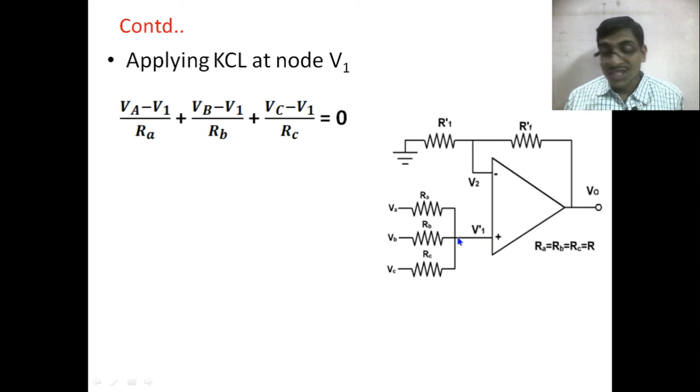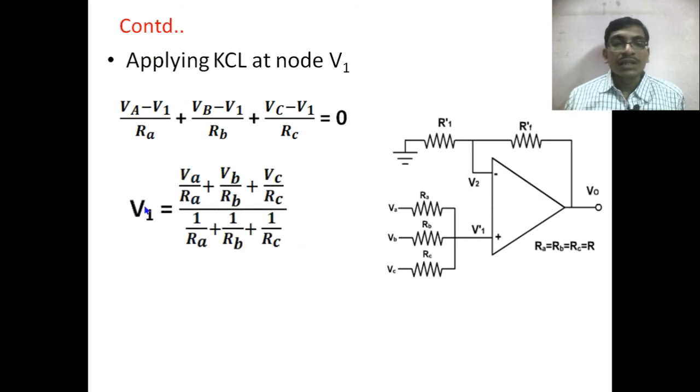Therefore, there is no outgoing current here, that is equal to 0. These three currents are the incoming currents of our operational amplifier because of the VA, VB, VC voltages. In this case, V1 is equal to V2 only, but it is not equal to 0 because no terminal is given to the ground. Even though V2 is grounded, because it is grounded through the R1 resistor, we can't say the voltage is 0. Therefore, we can rearrange the above equation in order to get V1.